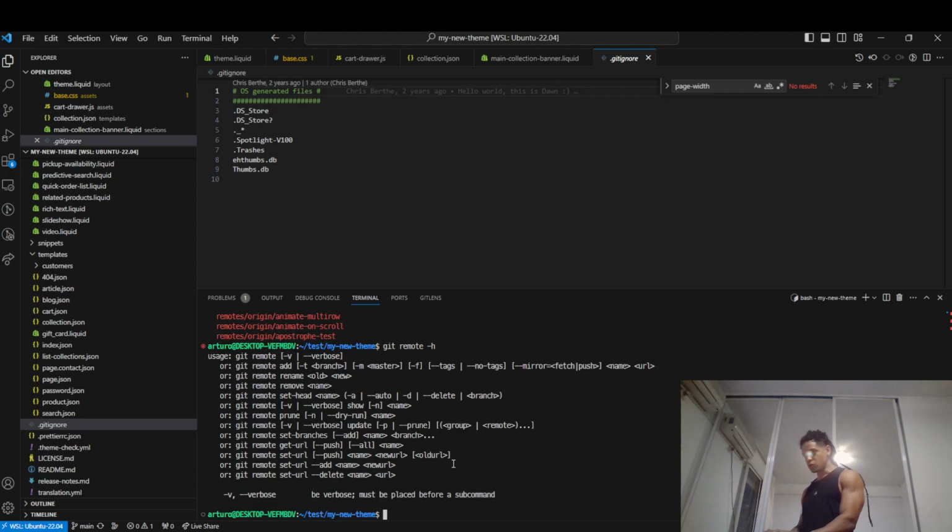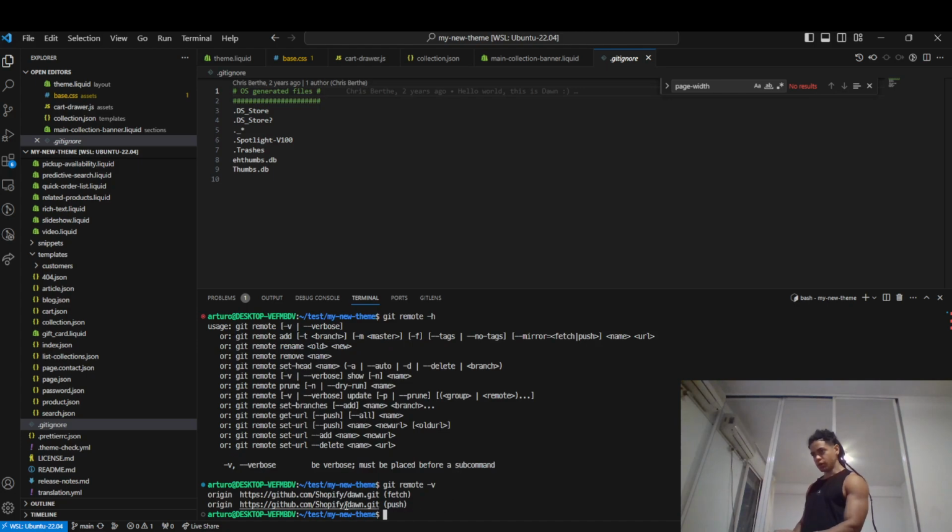Git remote. But I want to look at those remotes. Git remote verbose. Okay, I have this origin here, but I want to add a new one, right? So git remote add the name of the branch, okay, branch master, tags, no tags,